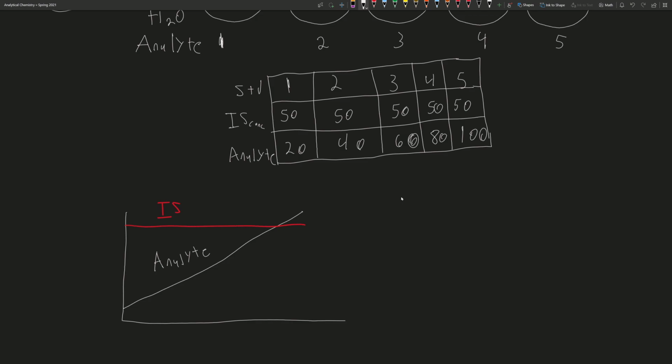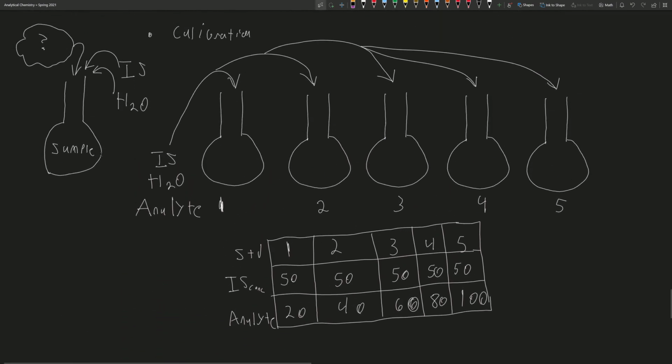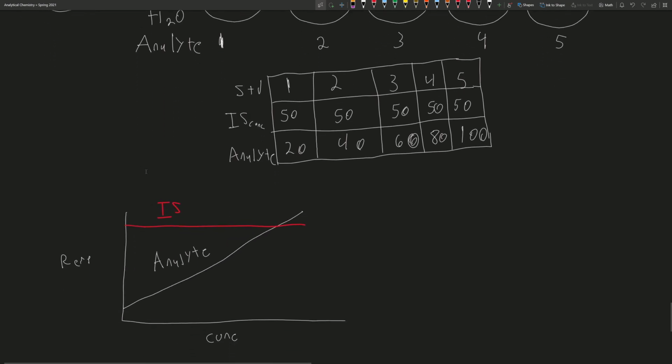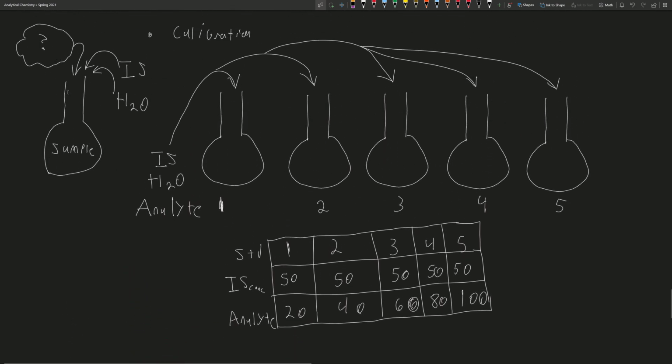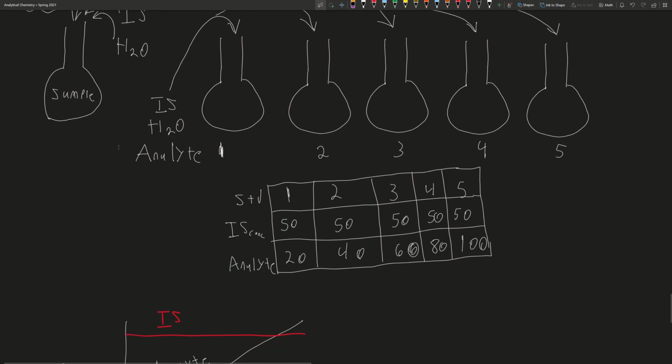Now, this is an ideal situation. This is response. The idea of adding this internal standard to our sample is that when we prepare anything with our sample, or if we do anything to our sample, it's going to affect our internal standard. Is that not so? Because if we lost some sample, we would lose some internal standard. If we changed our sample in any way or any loss occurred, our internal standard would be affected in a